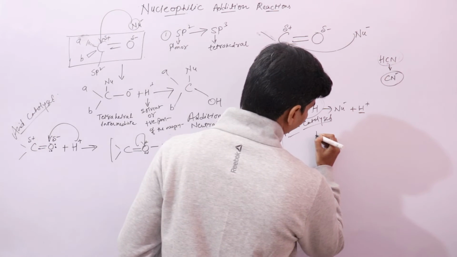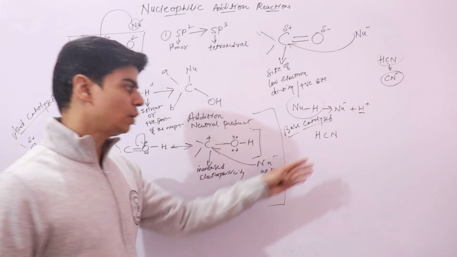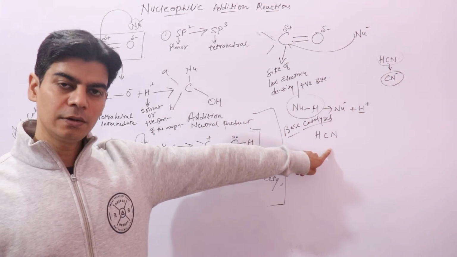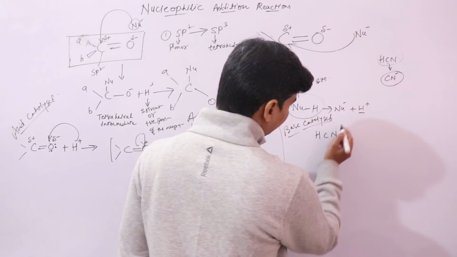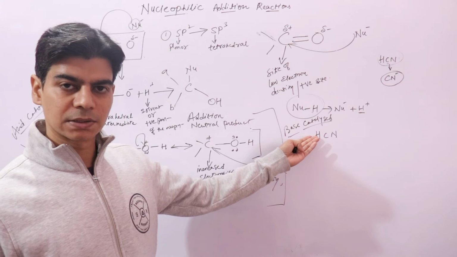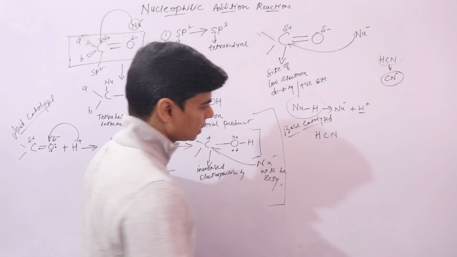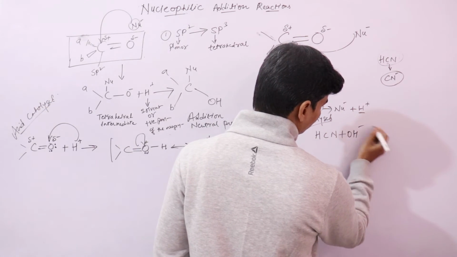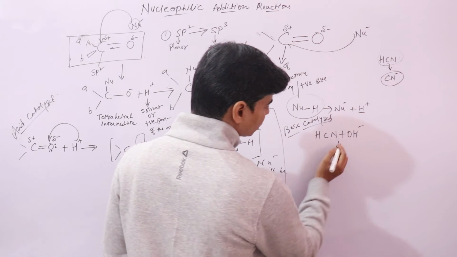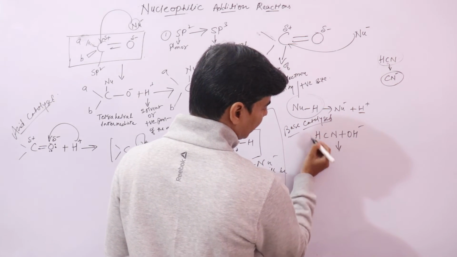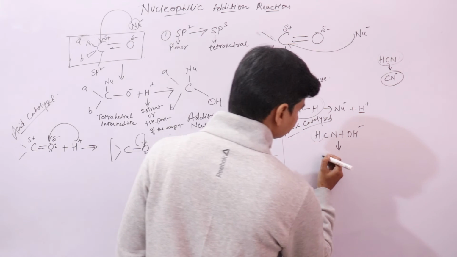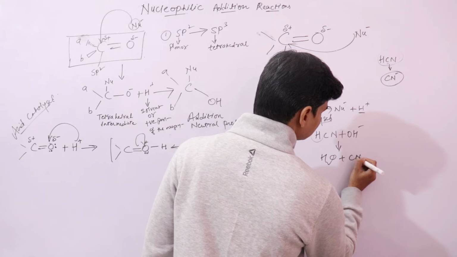For example, HCN. If you have a strong nucleophile, which is hydrocyanic acid, then this reaction is catalyzed by bases, right, by base catalysts. What will bases do? We know that bases have OH groups, the hydroxyl group. This hydroxyl group will abstract this proton and will favor the formation of a nucleophile. It will form water plus CN minus.